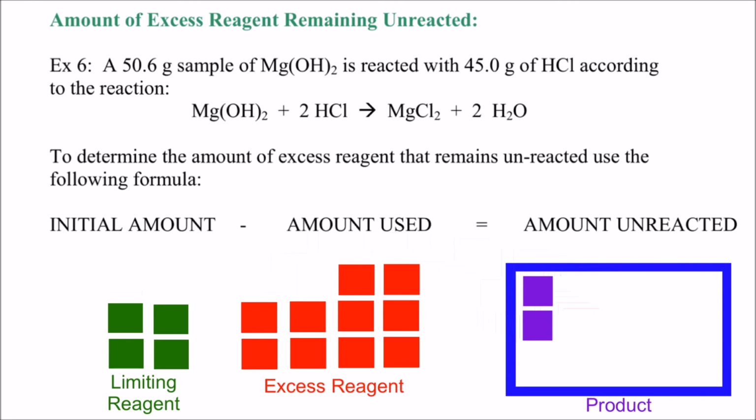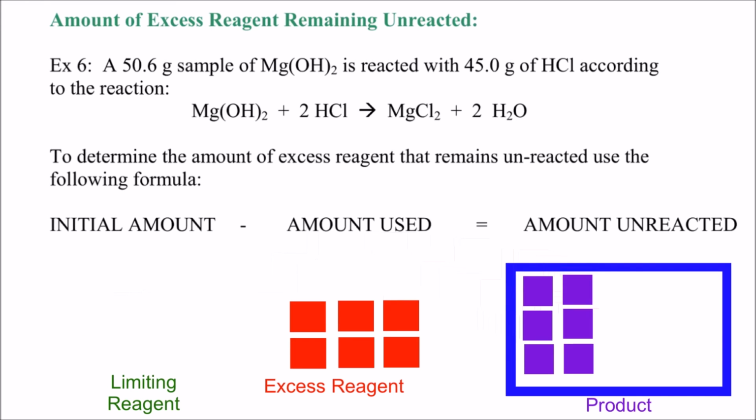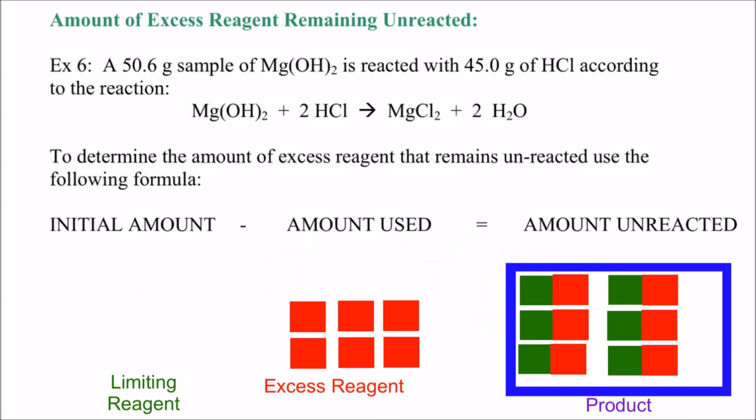And we're going to keep doing this until all of the limiting reagent is used up. Okay, so all of the limiting reagent is used up, and here is the excess reagent that remains unreacted. It's what's left over. If I change my product back into red and green squares, you can see that we've used up 6 of these red squares. So 6 of the excess reagent were used up with 6 of the limiting reagent because they had to bind